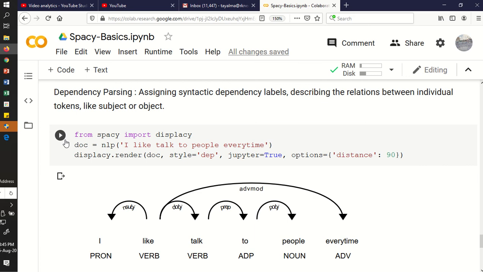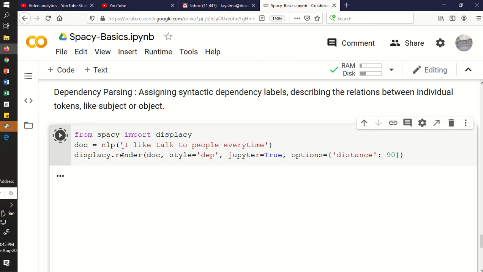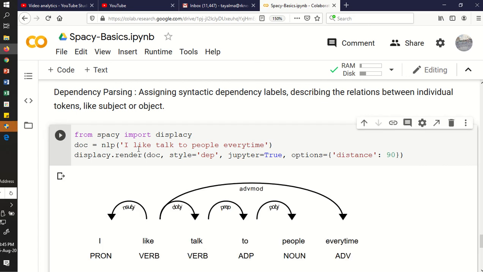Again this operation we are doing through displaCy, and then you pass whatever string you want in brackets with nlp, and now this doc is passed, and different options are used for the method render. So you can use the method render here, and that will give you the dependency parsing for the whole sentence. So this way we can verify the dependency inside your sentence for the subject, object and everything.